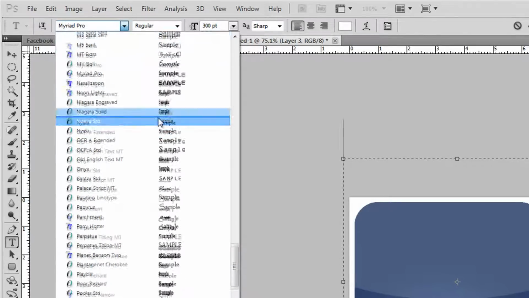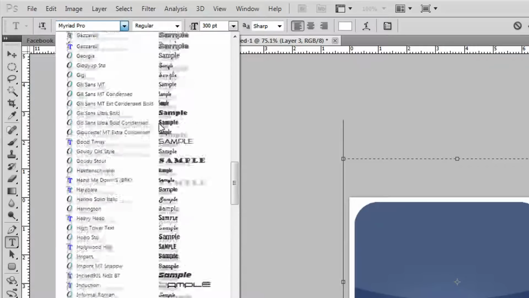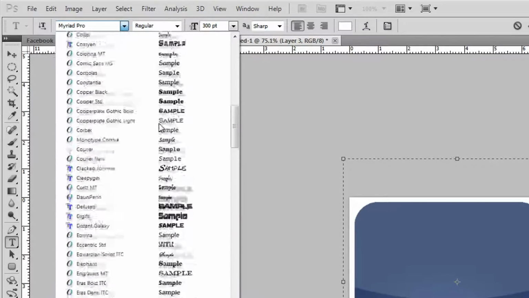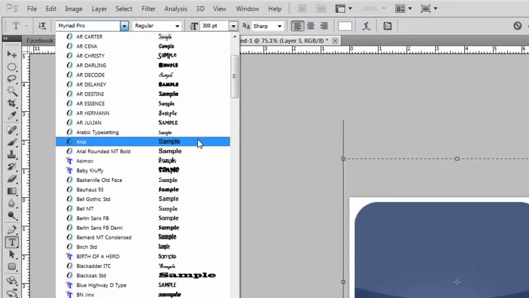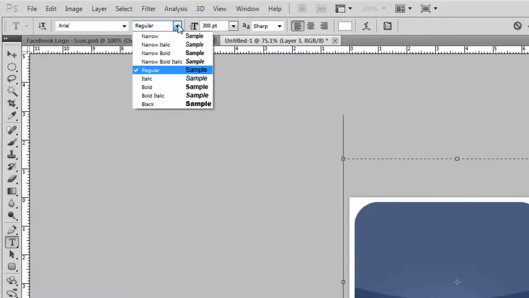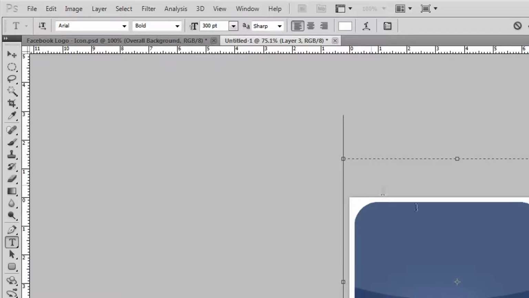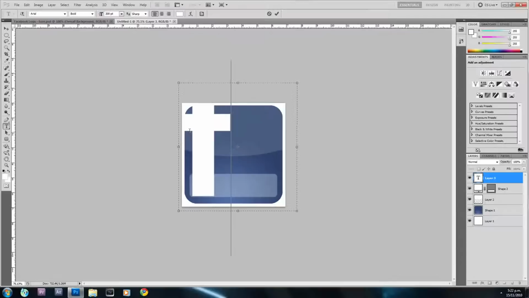And the font that I'm going to use is Arial, and where is that? Okay, there it is right there. And I'm going to change the mode of the font to bold, and then I'm going to press F on my keyboard, and that's just going to give me the text,